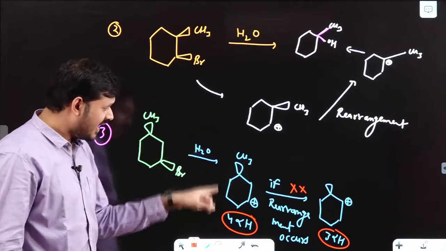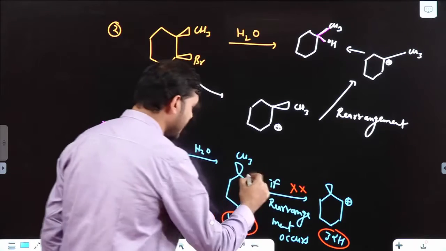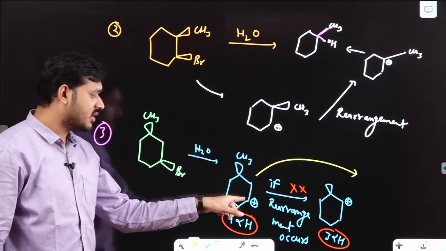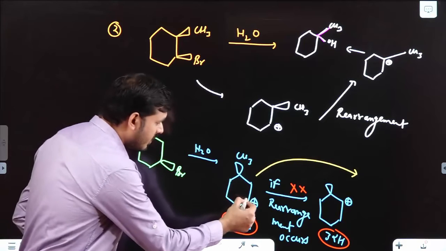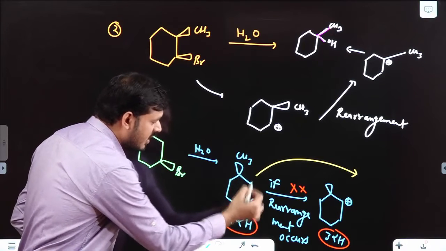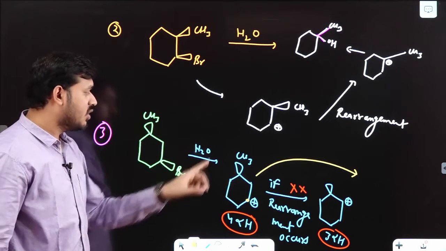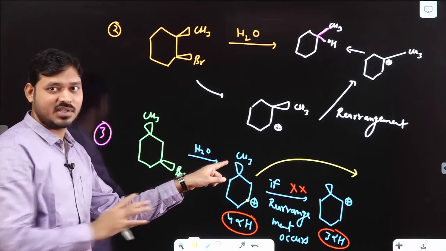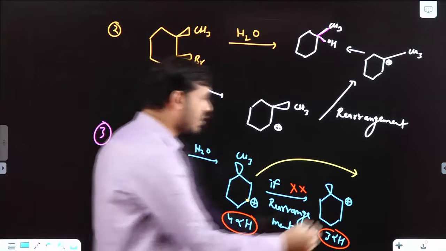Now in this case you have to form the products. So in this plus charge part, water will be attaching. Now when this water attaches here, then this will become a chiral center. But you cannot change the configuration of given CH3. Keep it as it is. Okay, but OH here can be wedge or dash. So you will be getting two products.